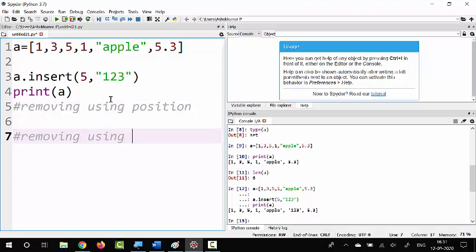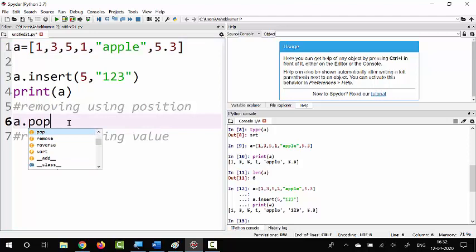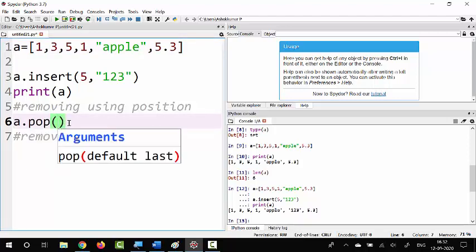Okay, suppose I want to remove the second position, that is index 1. Okay, you know index starts from 0. I have to use the function called pop. Okay, so in this pop you have to give the index of the element you want to remove.